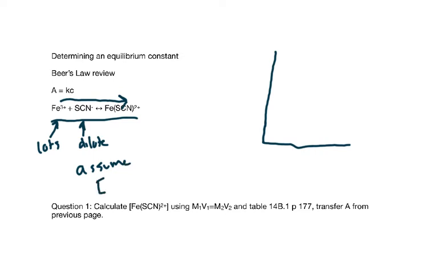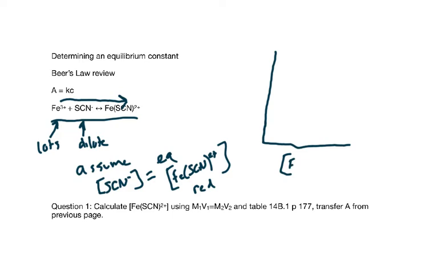that our concentration of our SCN minus, which we can calculate from the table 14b.1 on page 177, is equal to our equilibrium concentration of our iron thiocyanate complex, which is red and absorbs at 450 nanometers. Then what we can do is we can put our concentration of our FeSCN 2 plus,